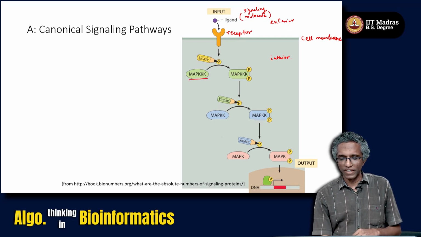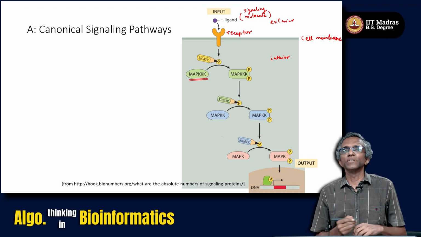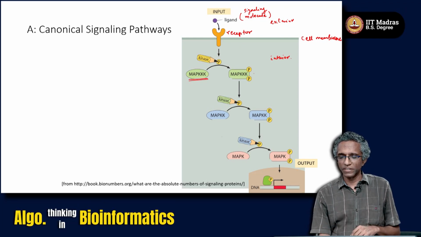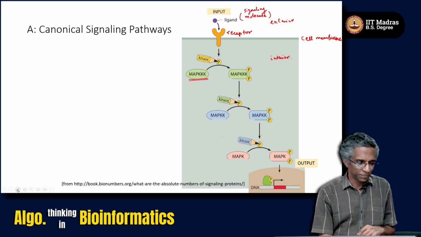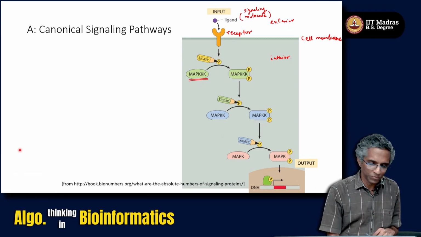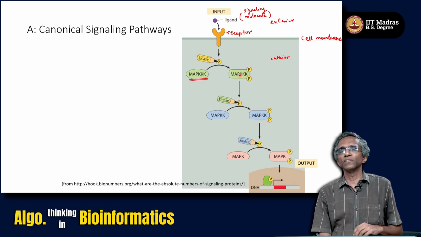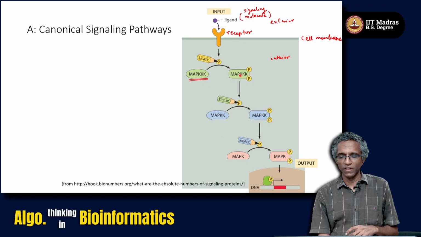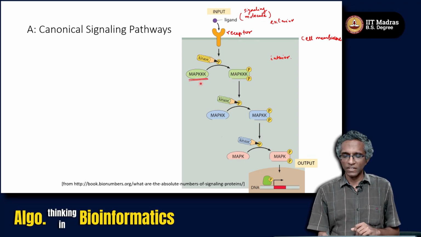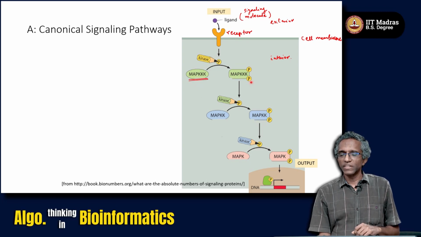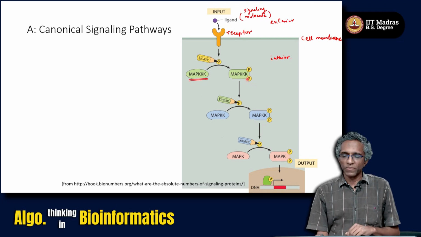So, this MAPKKK is a protein within the cell that can get activated, and this activation essentially means that there is some phosphorylation happening. These P's refer to phosphate groups that are added to certain amino acids on this protein MAPKKK, right. So, from this inactive form, MAPKKK becomes the active form with some phosphate groups added, and these phosphate